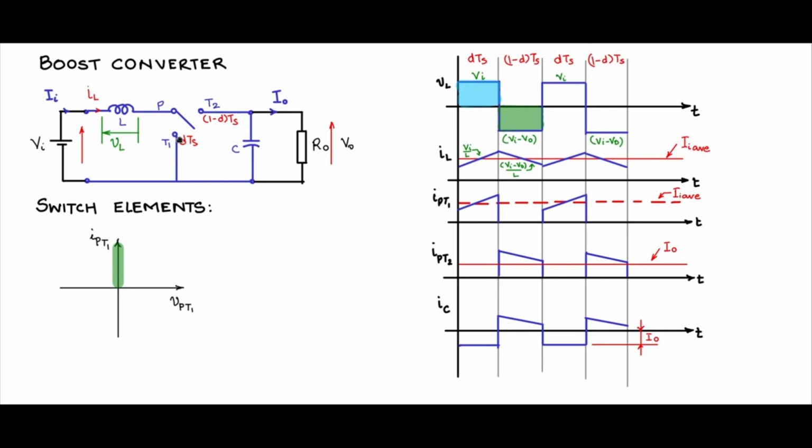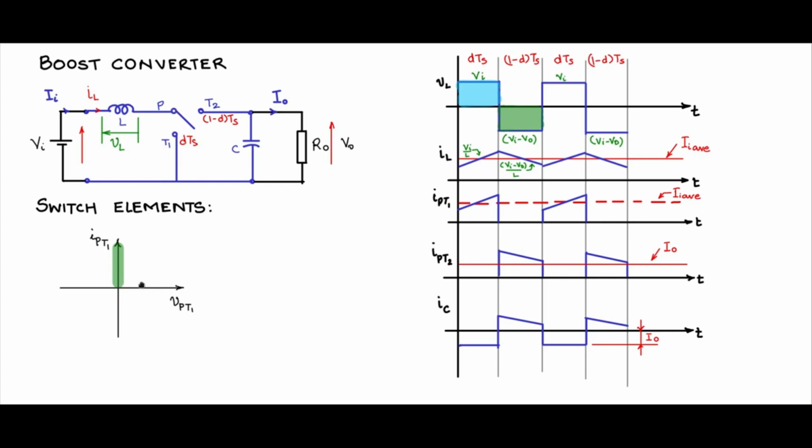So when T1 is off, P and T2 are connected. So P and T2 are connected, the output voltage will come at this pole point. So the pole voltage will become V0. V0 is positive. T1 is at ground potential. So PT1 is a positive voltage, and the switch PT1 during off condition should support or withstand a positive voltage,